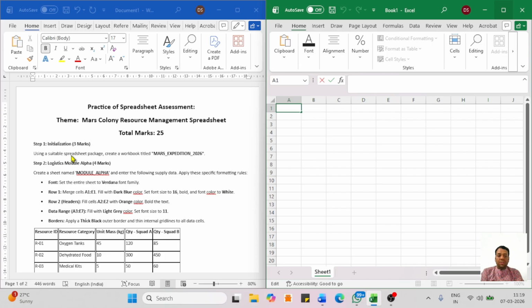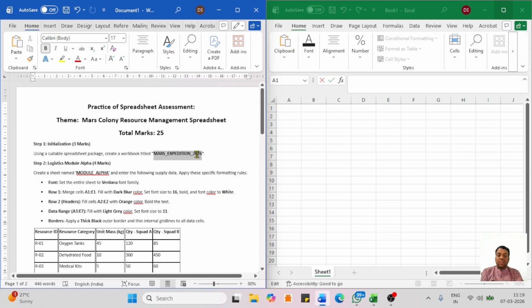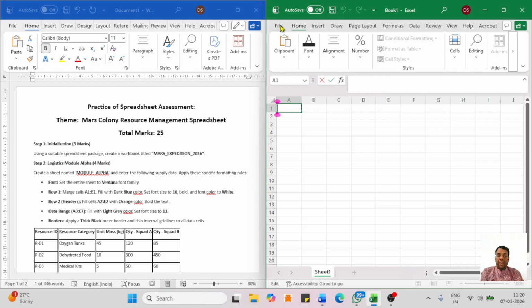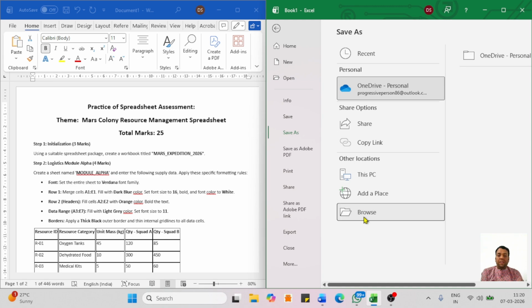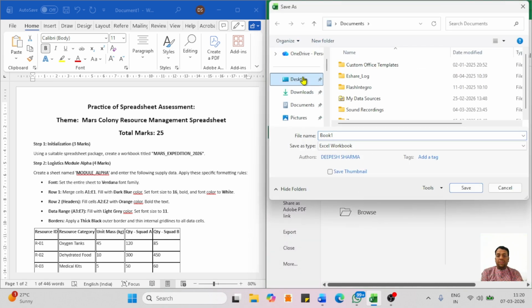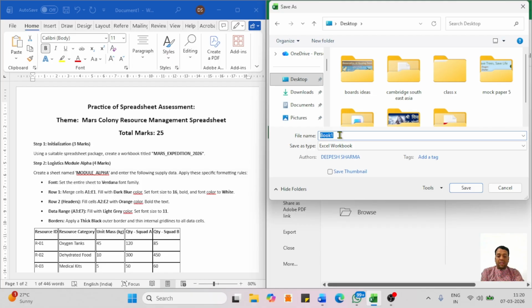First instruction is: using the spreadsheet package, create a workbook titled Mars Expedition 2026. It means I should save my workbook with the name Mars Expedition 2026. So I just copy it from this PDF or the Word document, whatever it is, and I go to File and I go to Save, and then I choose any location wherever I want to save. Suppose I want to save at the desktop, and I give the name